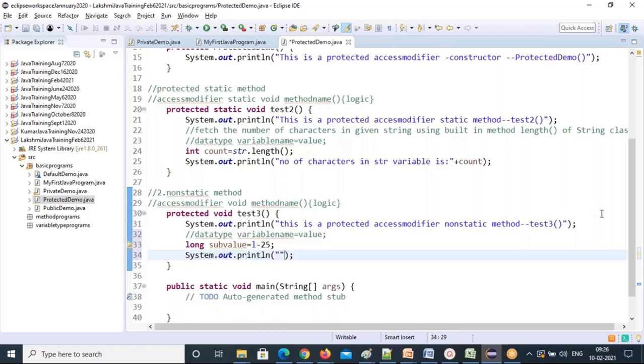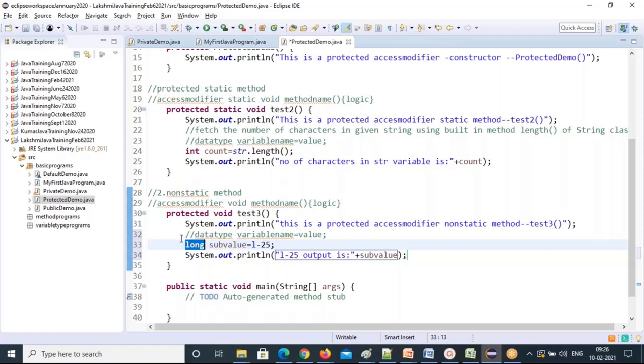That output I'm storing in this sub local variable, so I can print this value. Whatever the result of L minus 25 is, it will be in this local variable. So this starts with a data type.